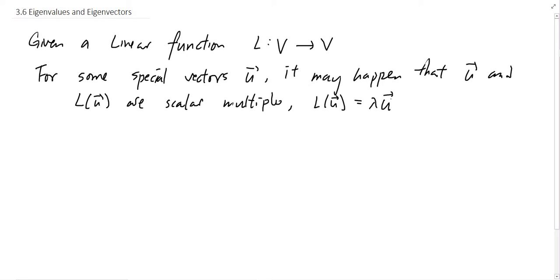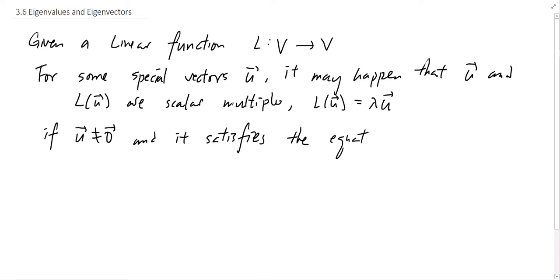And this symbol is called the lambda symbol. If the vector u is not the zero vector, that is, because the zero vector automatically satisfies this condition, since a linear function, when you plug in 0, you usually get 0 as the result, so it's automatically equal to any constant times the 0 vector. So if vector u is not 0, and it satisfies the equation L of vector u equals lambda times vector u,